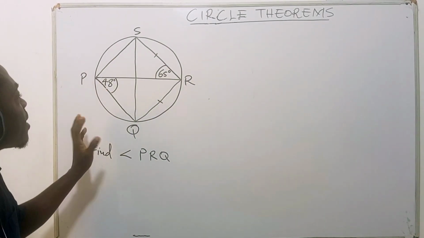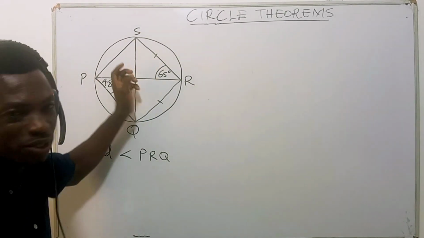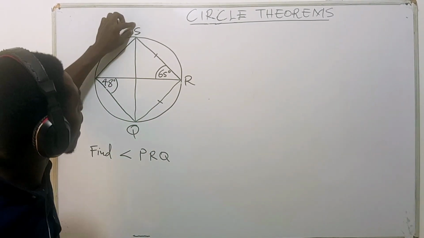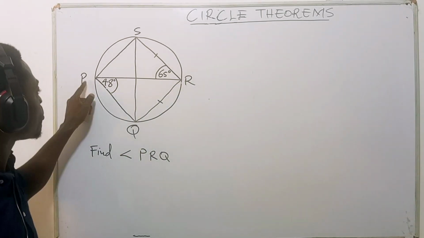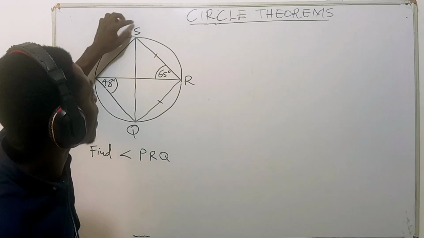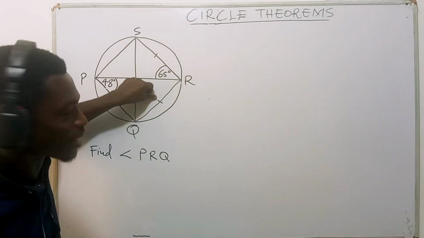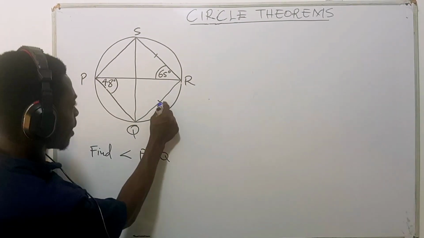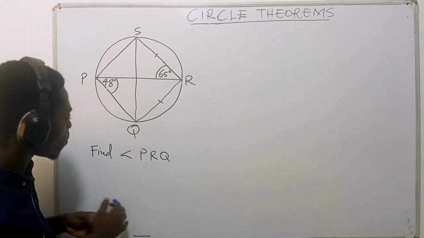Now, according to the question, it says P, Q, S, R are points on the circle. So as you can see, they are all points on this circle right here. And it says angle SRP is 65 degrees, and then angle RPQ is 48 degrees. And it keeps on saying line SR is equal to line RQ, which is indicated by this small line over here, this symbol right here. So this and this indicate that these two chords are equal. All right. And the question is saying we should find angle